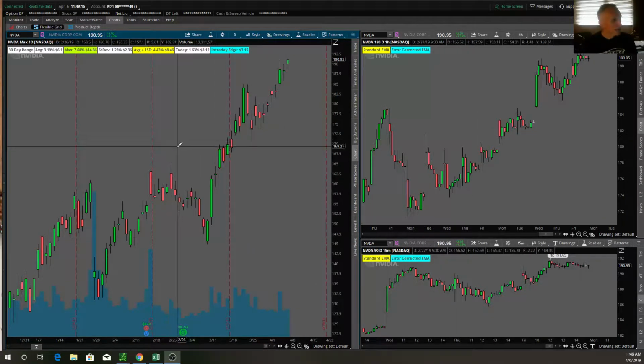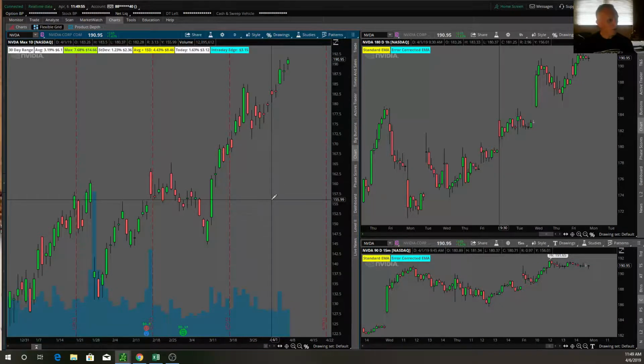All right, so first thing we have is this is how I have my analysis template set up. It is in TOS. If you go to the flexible grid, you'll get several options for how to set up your charts. You have all kinds of ways you can configure this. Just go to flexible grid and try to set your analysis template up like this right here. I'm not going to go into how to do that on this video, but